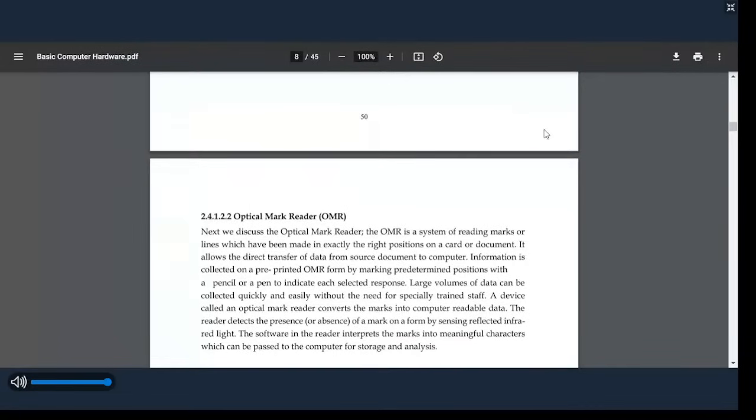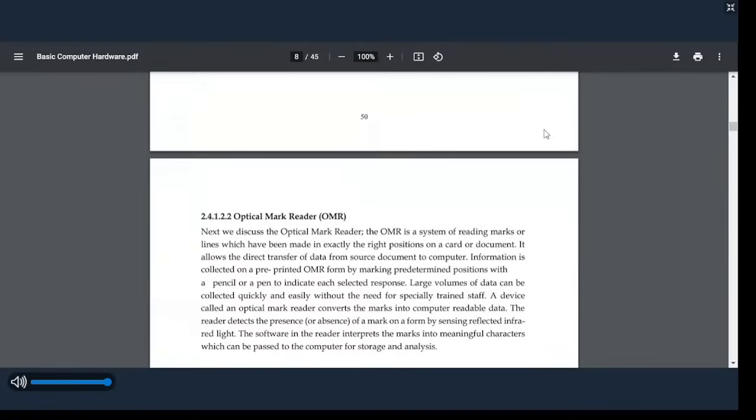Information is collected on a pre-printed OMR form by marking predetermined positions with a pencil or a pen to indicate each selected response. Large volumes of data can be collected quickly and easily without the need for specialized training. A device called an optical mark reader converts the marks into computer readable data. The reader detects the presence or absence of a mark on a form by sensing reflected infrared rays. The software in the reader interprets the marks into meaningful characters, which can be passed to the computer for storage